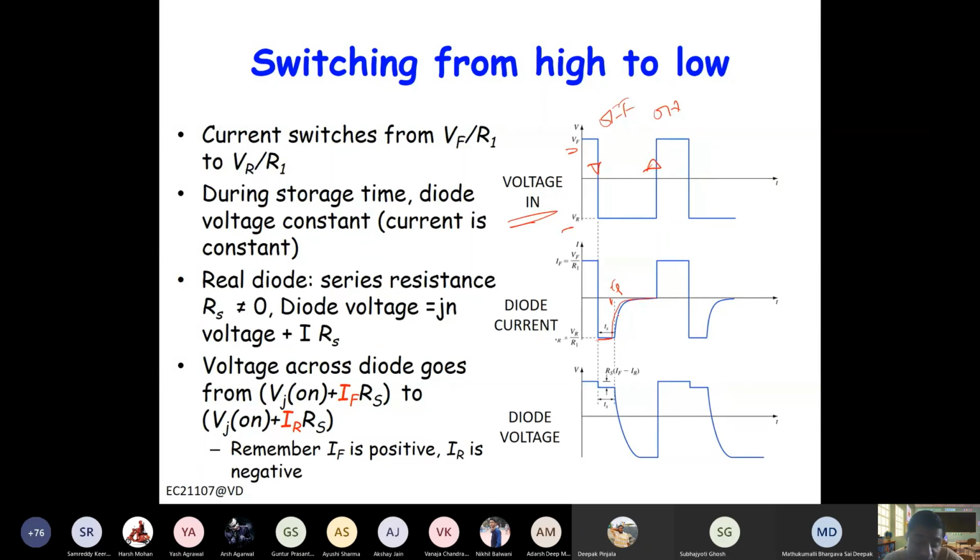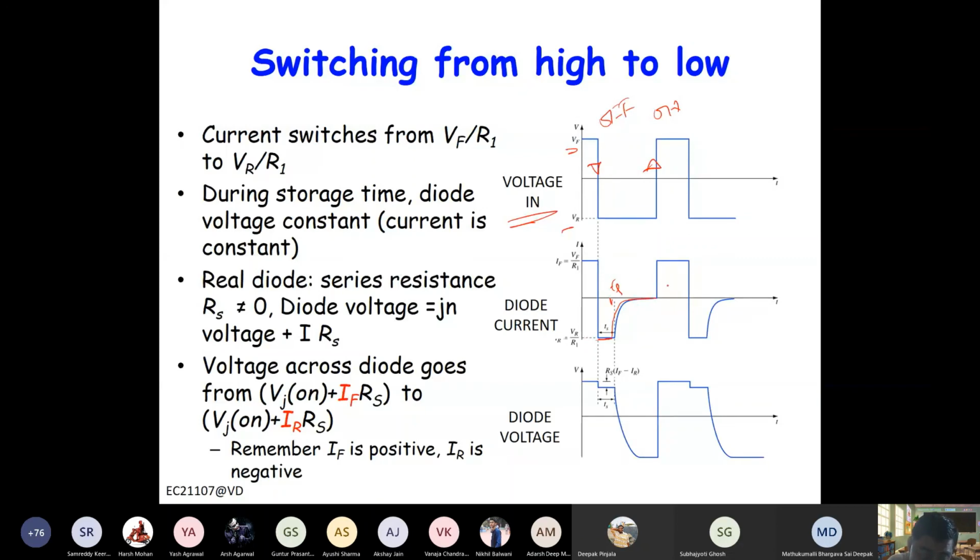Now you might wonder, when you did this experiment in your basic electronics lab, you did not see this kind of transient, right? Because these are actually quite fast. In your lab, the experiment you did was maybe up to a few kilohertz. Unless you go to a few hundreds of megahertz, you will not see them, because the transient will appear at high frequency and not at lower frequencies. That's why you don't see them in your lab. But if you operate at a few hundreds of megahertz, you can observe them.